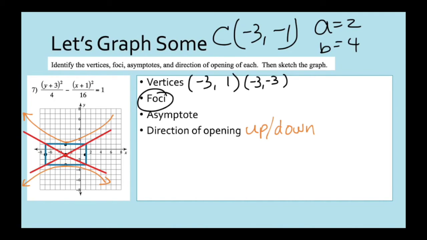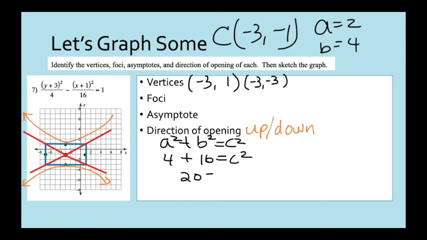Let's do our foci next. Our foci will be using the Pythagorean theorem: a squared plus b squared equals c squared. Our a squared value was 4, and our b squared value was 16. Add those together to get 20. The square root of 20,